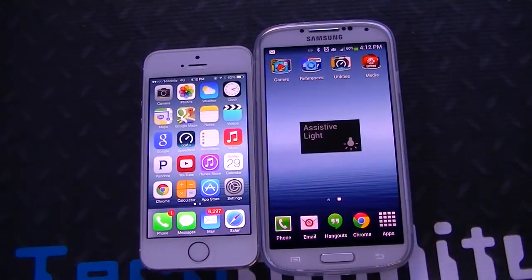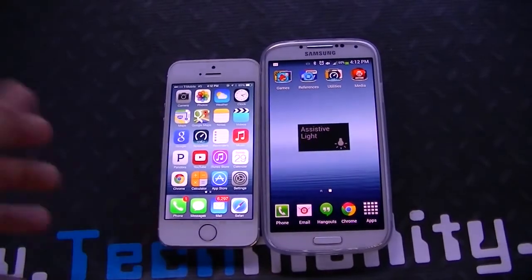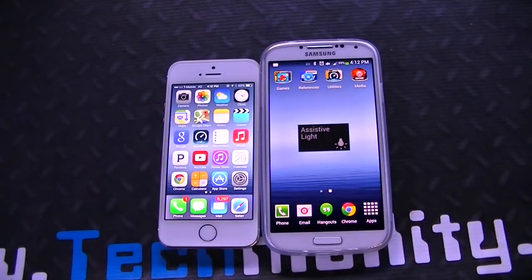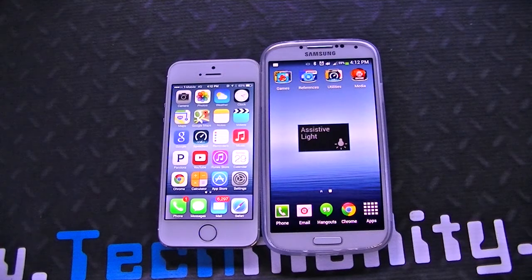All right, in terms of benchmarks, of course you got the A7 chip, 64-bit, so its benchmark's pretty high, but that doesn't mean that the Galaxy S4 doesn't itself. It's a pretty powerful phone, and Antutu scores of about 28,000. You got Quadrant benchmark of about 14,000. You got Linpack scores of about 60, or NenaMark scores of about 61 frames per second. So everything on the S4 is pretty fast, pretty smooth, pretty fluid. Very good in terms of development. If you're in the ROM community, there's a lot of development for the S4.